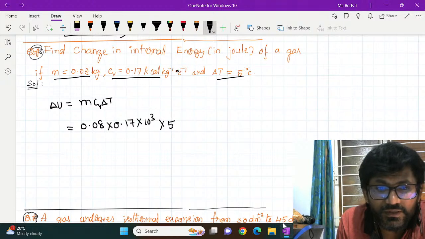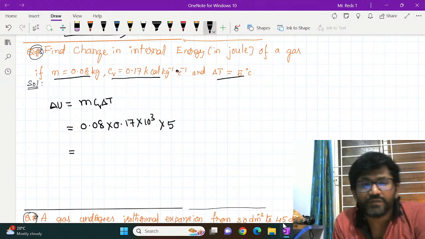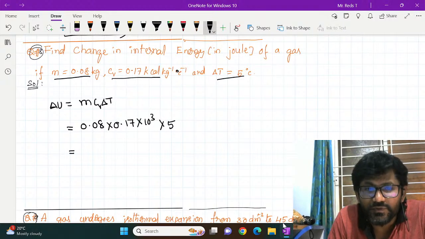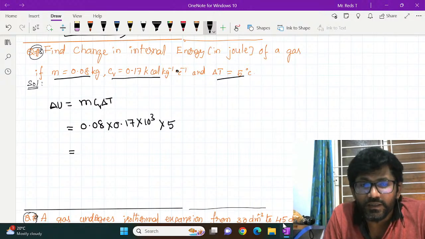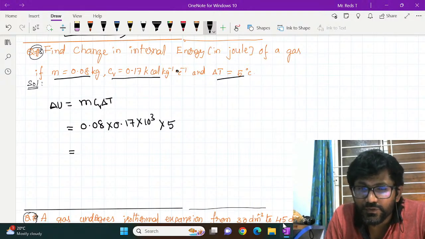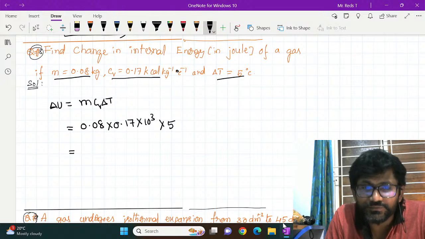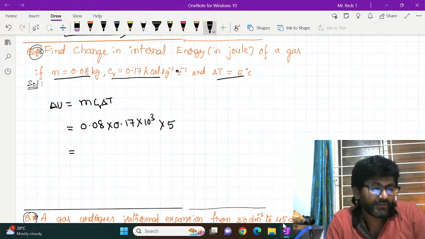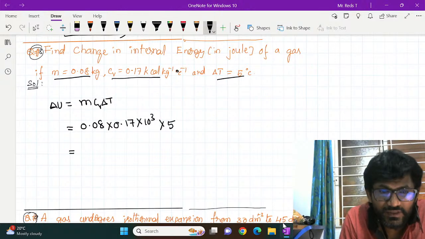So here, if you multiply 10 power 3, 10 power 2 into 0.08 is 8. So 8 into 5, 40. Here 0.17 will be there. Into 40 we do, we will get 4 into 17, that gives you 68